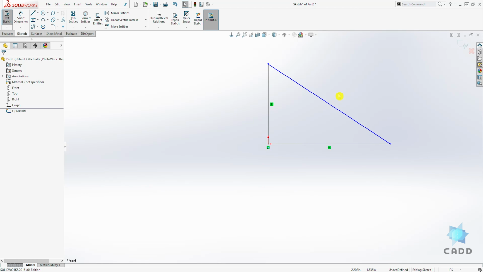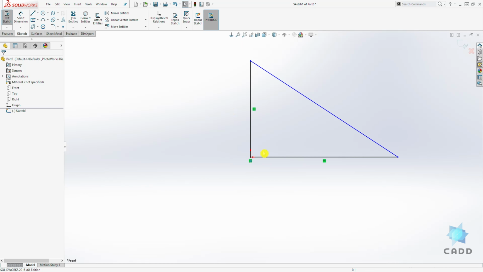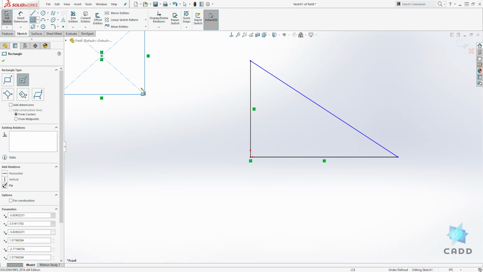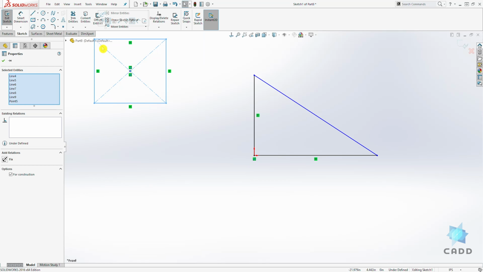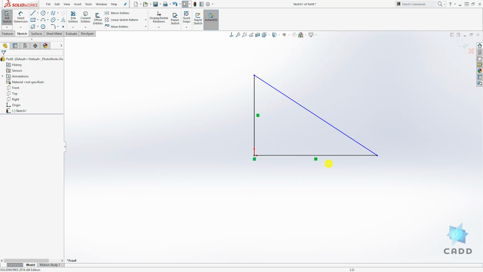And one thing that I should mention is anytime you make any sketch in SolidWorks, always make sure that your sketch is constrained to the origin point. Even if you draw your sketch somewhere in space over here or anywhere, you still always want to make sure that you tell SolidWorks using dimensions where that sketch is located in relation to the origin point. But the best practice is to always start your sketch on the origin point or somewhere close to it and